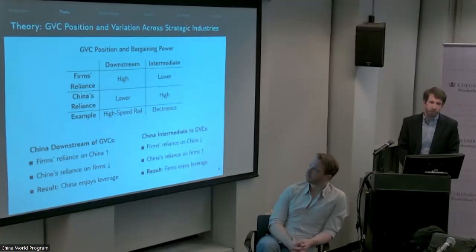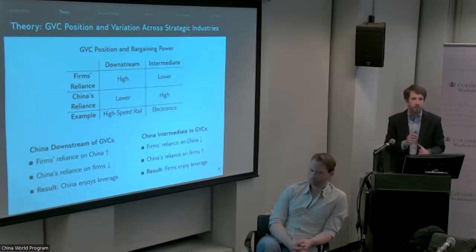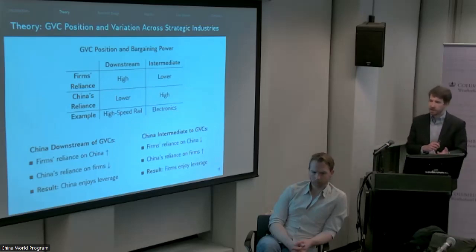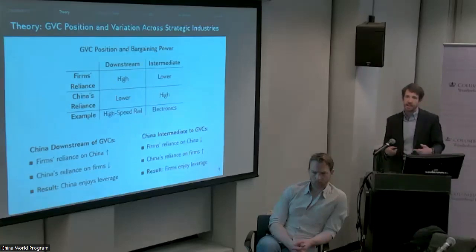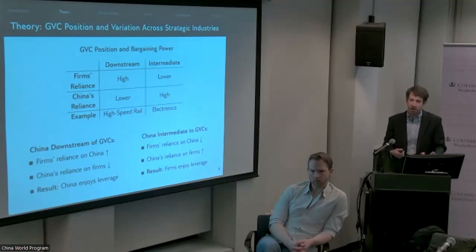But I think we're in a very different world when we look at industries where China is intermediate to global production networks. So these are industries where most of what China imports isn't actually consumed there in the end. Rather, it is processed locally, assembled into more finished goods, things like iPads and iPhones, and then re-exported back out to consumer markets in the US, Europe, and elsewhere. So in these industries, I think 2 things happen that shift what I call the balance of dependence between China and foreign investors. First, foreign firms rely much less on China as a final market for their goods. And this follows from the fact that most of what foreign firms are doing in China in these industries isn't targeting the Chinese market. It's using China as a temporary base for processing and assembling goods that they send to